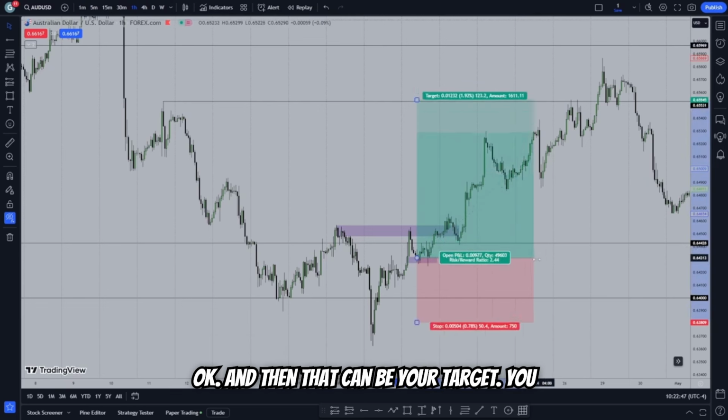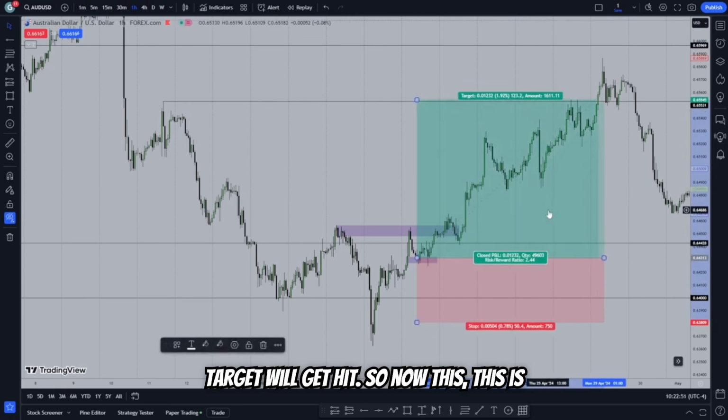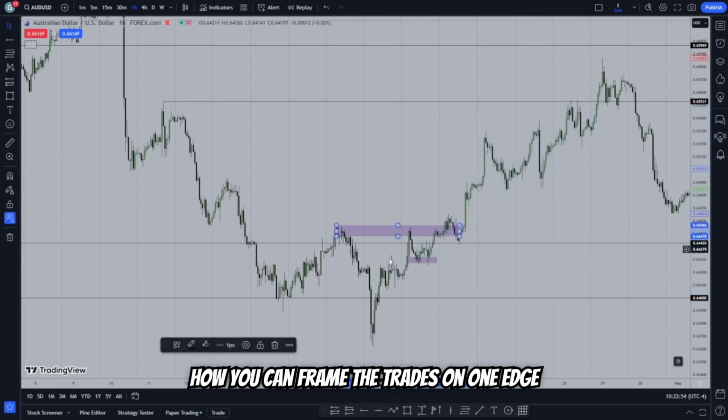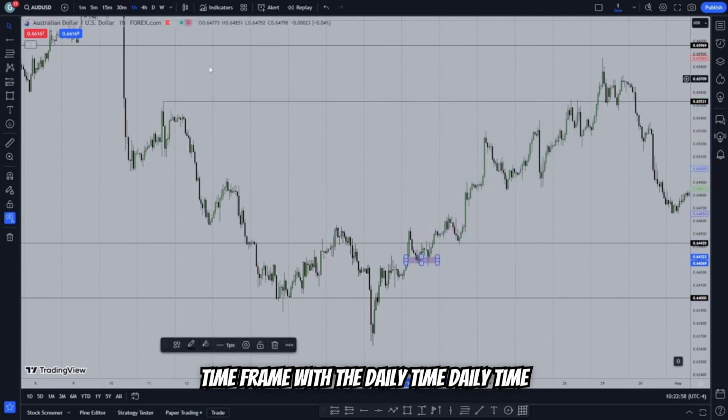Okay, and then that can be your target. You can hold the trade for a few days and your target will get hit. So now this is how you can frame the trades on the 1 hour time frame with the daily time frame